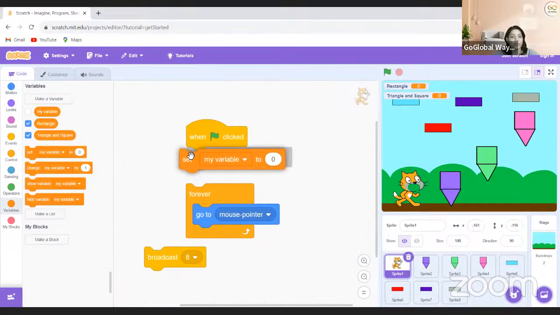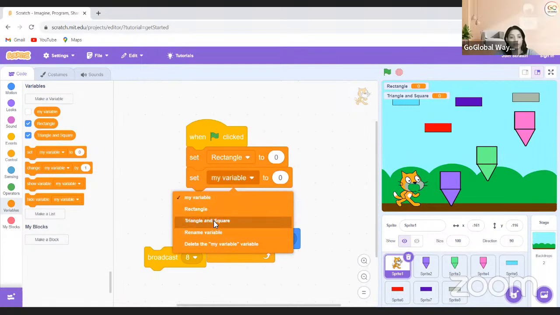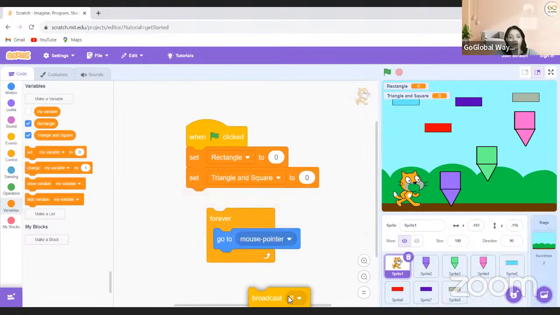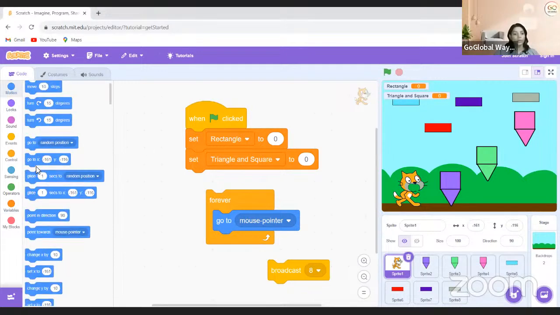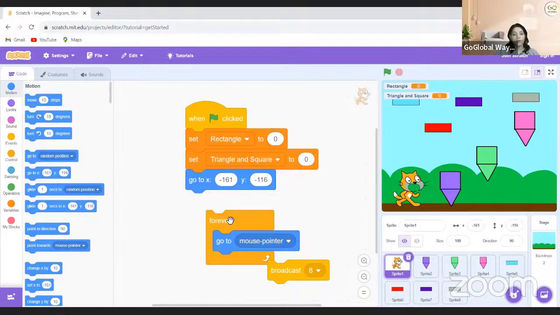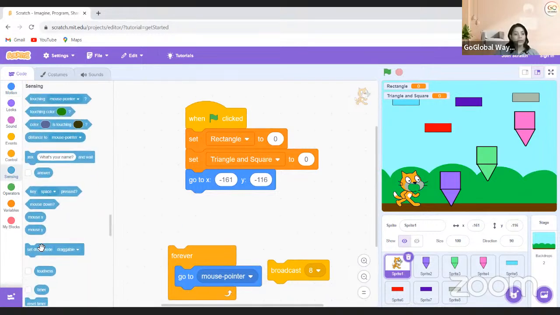So initially set my variable to 0, set rectangle to 0, and set triangle and square to 0. So initially you will take these two blocks. Now after taking these two blocks, the character is going to ask how many triangle and square present here. Okay. So it will be at this position only. I will go to X and Y, and it will ask. So I'll go to sensing, and it will ask